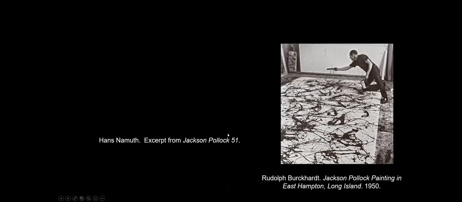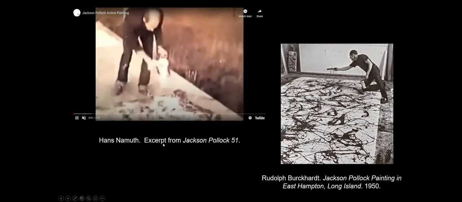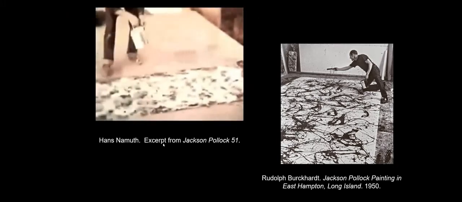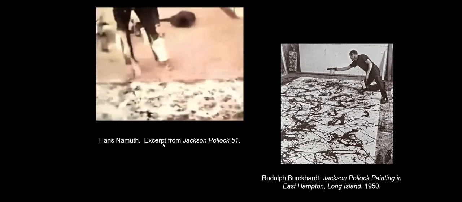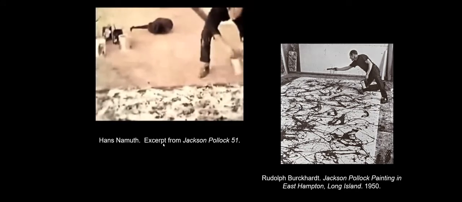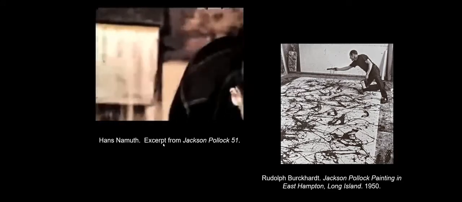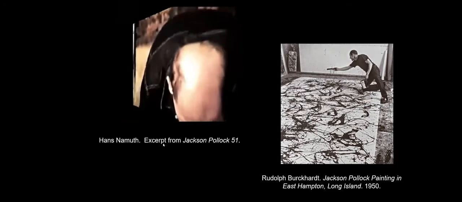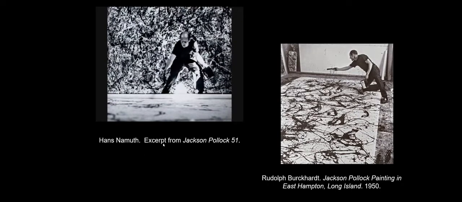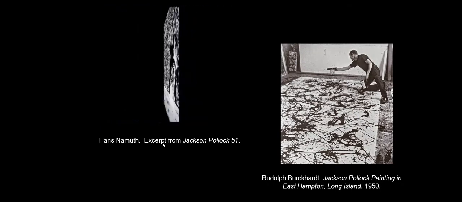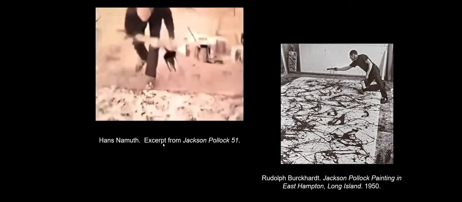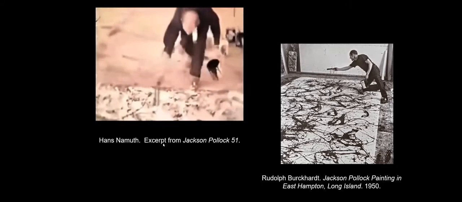If you look at the technique, well, we actually have recordings of Jackson Pollock at work. And you can see that he's really working in a very untraditional way. He's working on the floor. You can see that he is using a paintbrush, but is not touching the surface of the canvas. The canvas itself is not stretched and primed and pulled taut, but just rolled out on the ground.